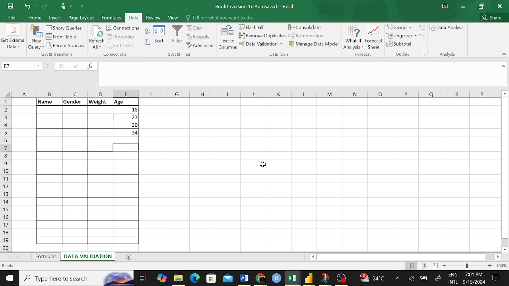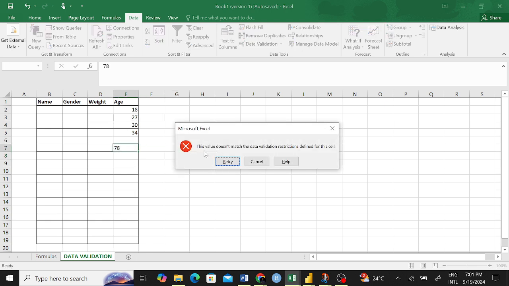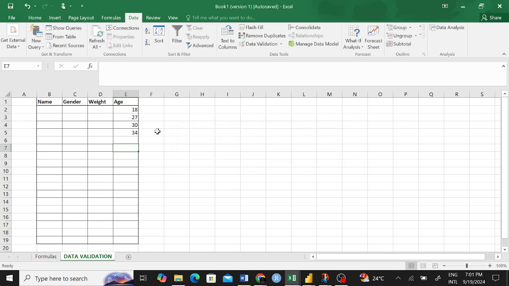Okay. So that is data validation. But again, if I try to enter here, you can see that there's a warning: this value doesn't match the data validation restrictions defined for this cell. You could also edit this error message so that maybe you tell people what they are supposed to do instead of leaving them hanging, right? So you could go back and say